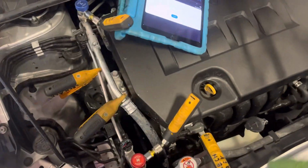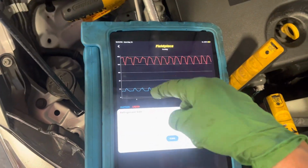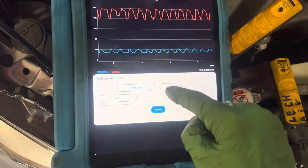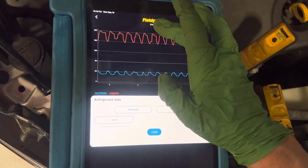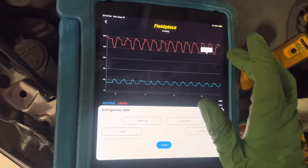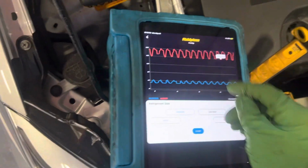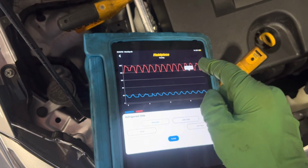2017 Toyota Corolla SE. It's only 70 degrees outside. It's rapidly cycling for this vehicle, semi-normal, and the white really wants to wash out my camera lens here today. And as you can see, we're going up to 200 psi on the low side at 70 degrees, and the high side's coming down. Now the fan is cycling, but what I noticed is how rapidly and how high for only 70 degrees that this particular